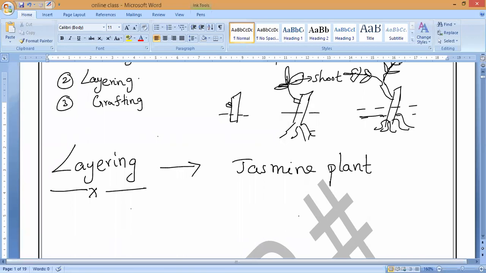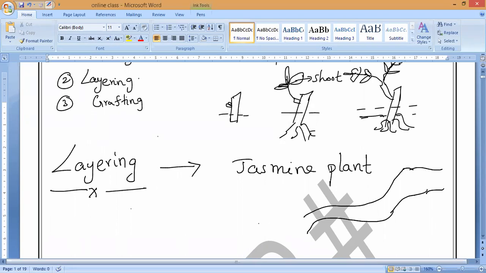It does not have a strong stem. It grows like thread-like structures, continuously spreading, like vegetable plants such as pumpkin and cucumber. Have you noticed it?